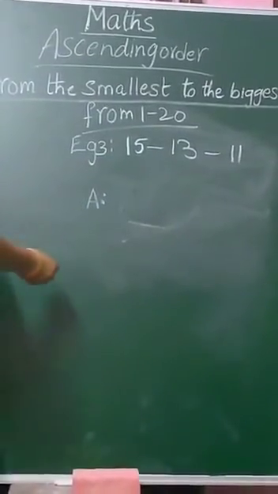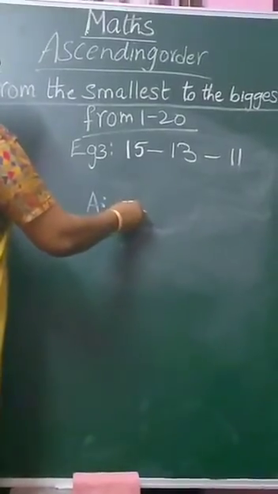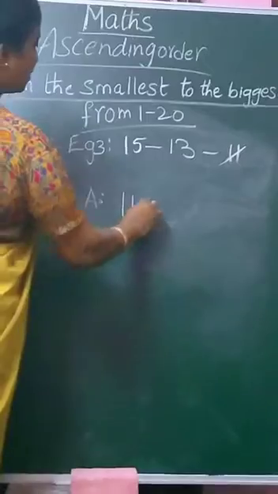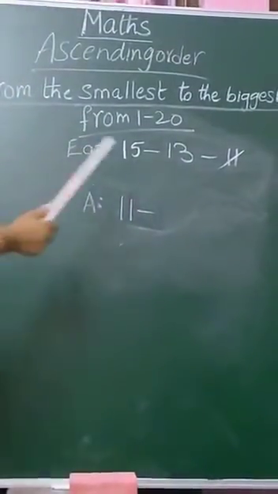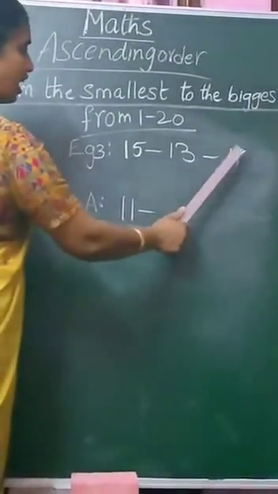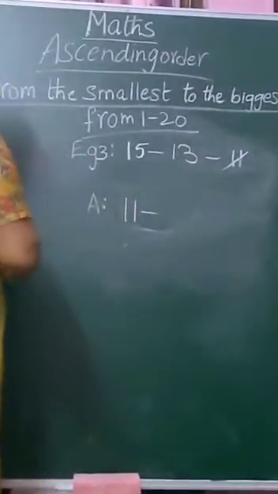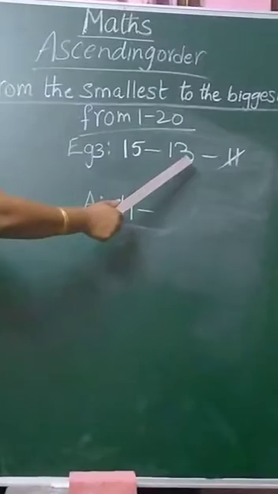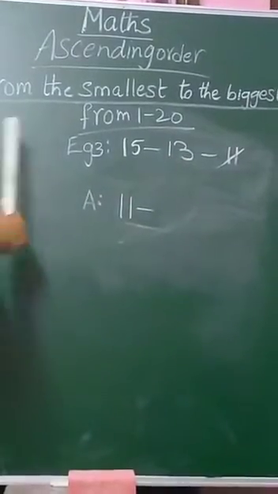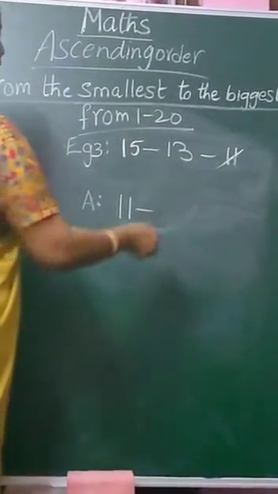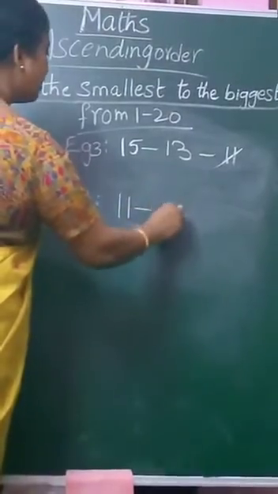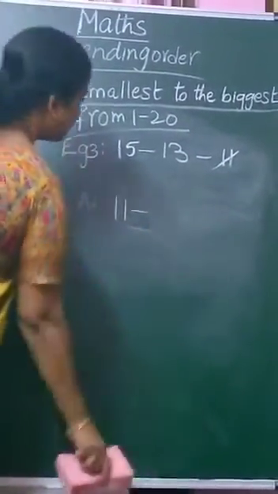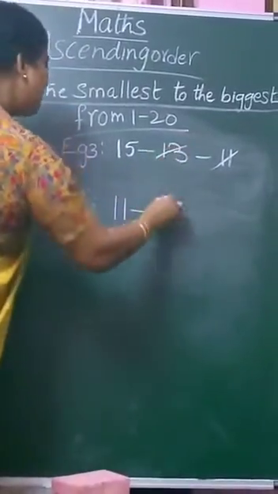So, what have to do? Shall I put it in answer? No, no. Before that, I have to cut it here and put it in answer. Before putting in the answer, you have to cut it here. Then only you will not get any confusion, children. 11 after what number comes? Yes, 12 is there. Not given. 13 is there. Yes, we are having children. So, shall I write here 13? Shall I write? No, no. Before that, I have to cut it here and put it in the answer.